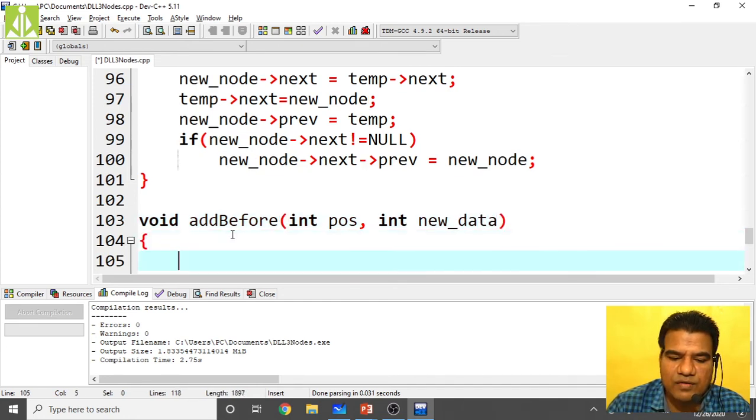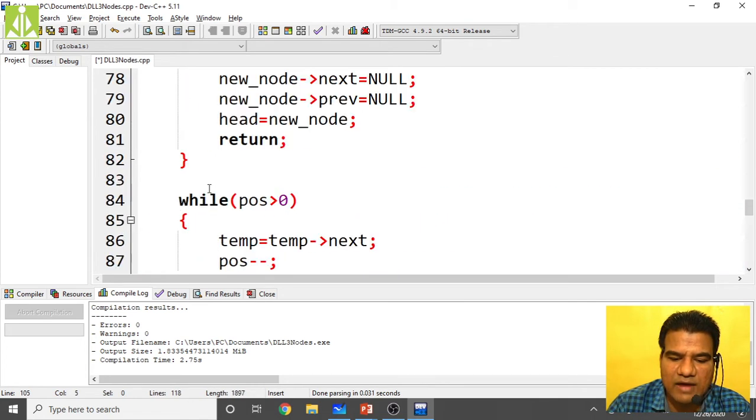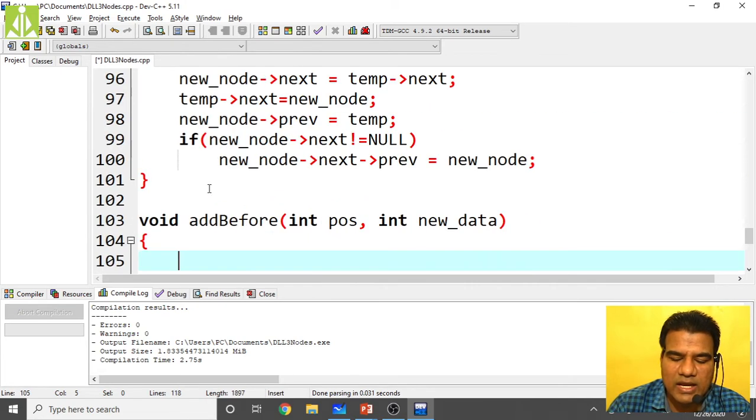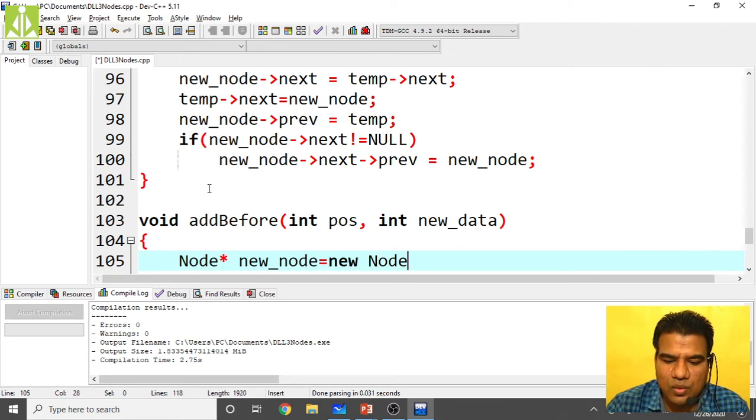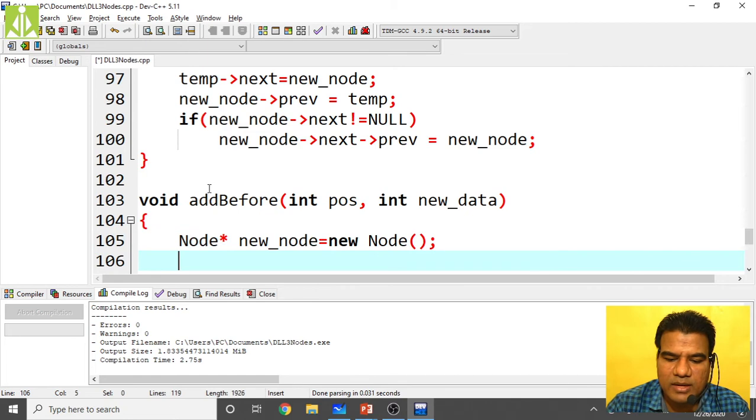So here also we follow the same steps as we did over here. First we'll create the new node: Node star new_node equals new Node, allocating the memory as well.